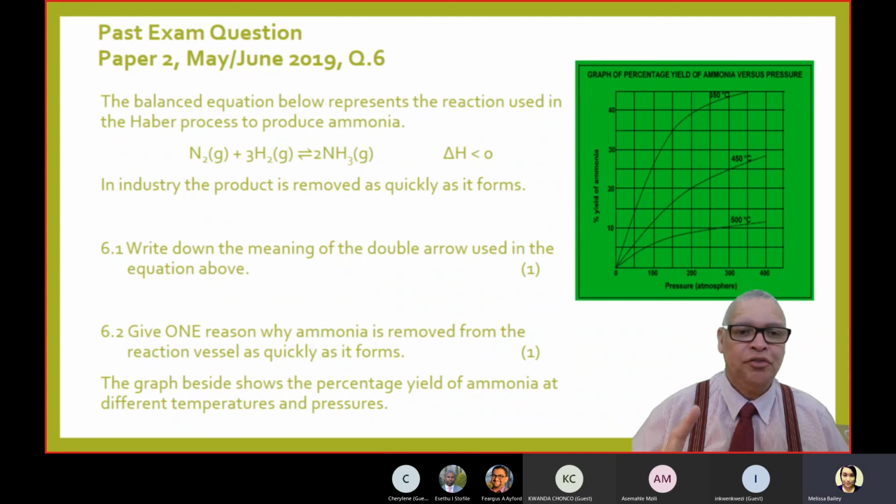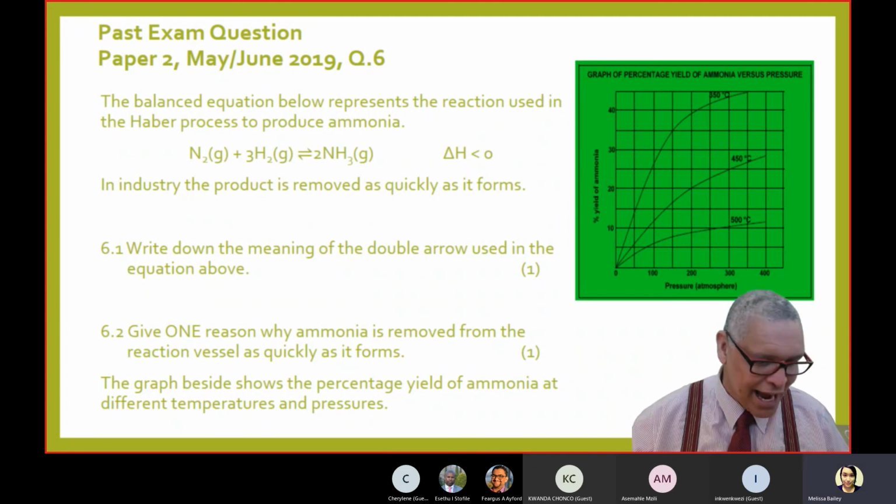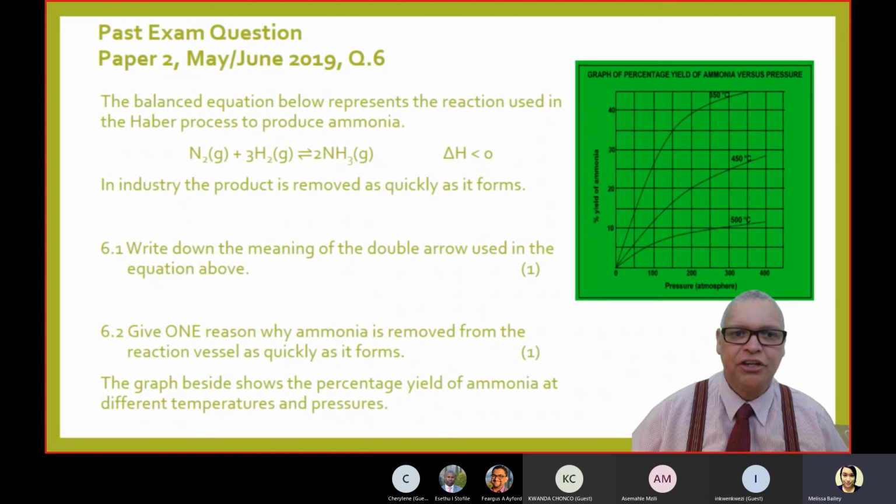Well, to favor the forward reaction. In other words, the production of ammonia. Because as the ammonia is formed in the Haber process, they take it out, so more can be formed. They take that out, more can be formed. They take that out, so the story goes, which means better financial gain for the chemical company undergoing the Haber process,